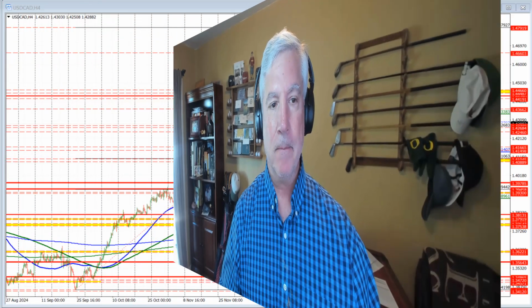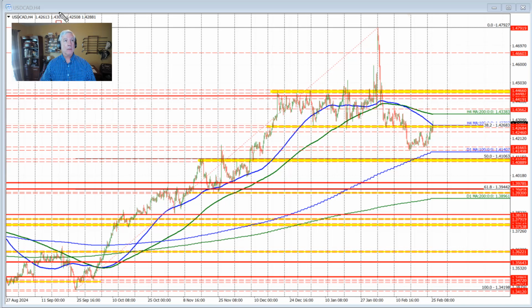So let's get started. Looking at the 4-hour chart for this currency pair, I'm going to draw a red box around this area right through here. Recall that this red box was a confining area for most of the price action through this period right through here. Yes, there were moves to the upside. This is off tariff news and then taking away the tariffs. That was a spike to the upside here. On the downside, we came down to support after that spike higher. Found support near the low of the red box once again, and then once again before breaking to the downside,